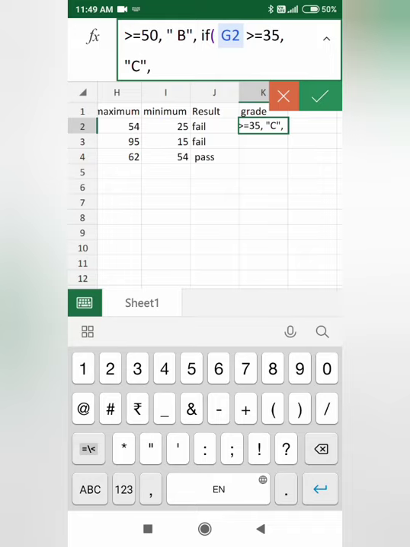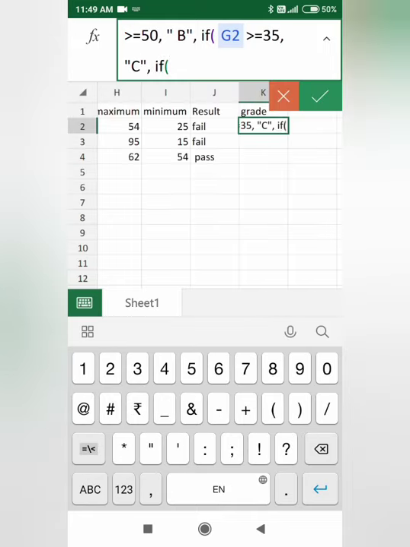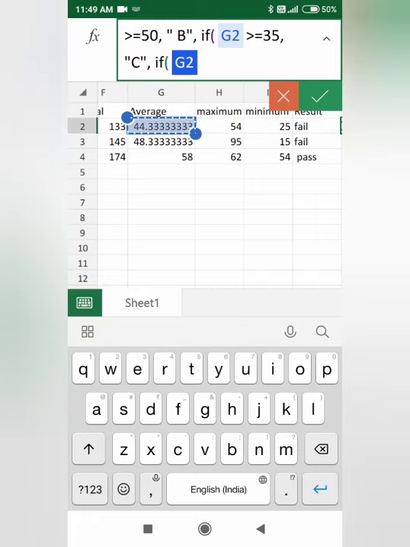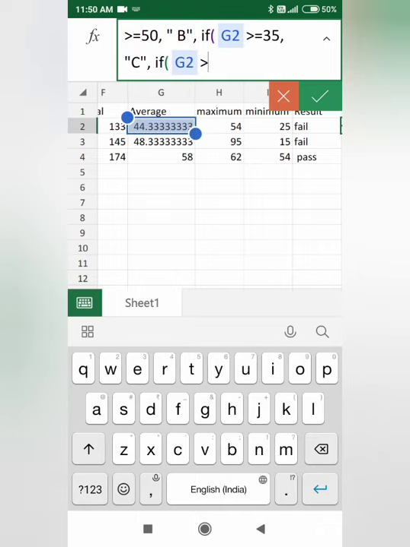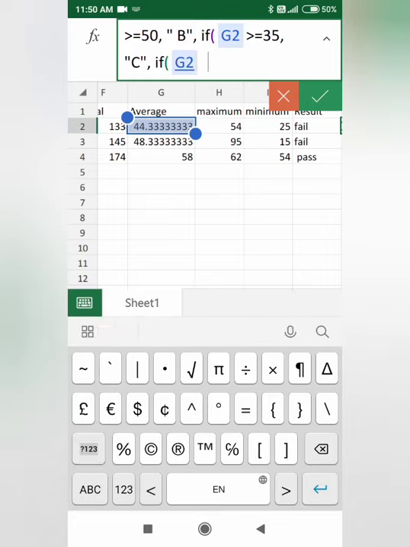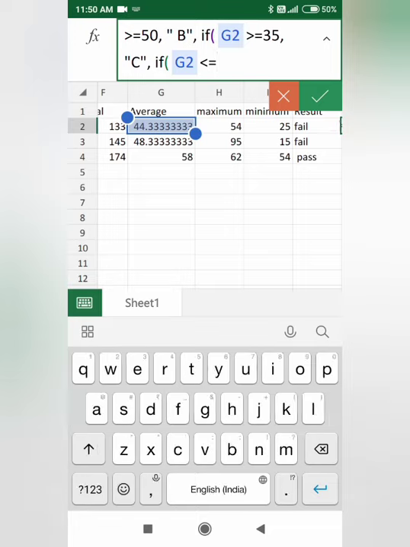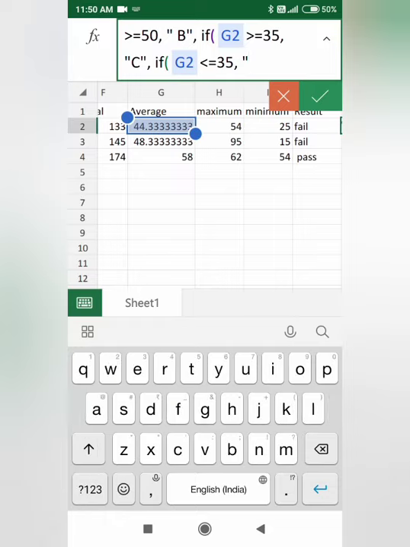Again we have to select that average. First we have to write if bracket, yes, and it is the last. If it is less than 35, less than sign and is equal to 35, then give them D grade.